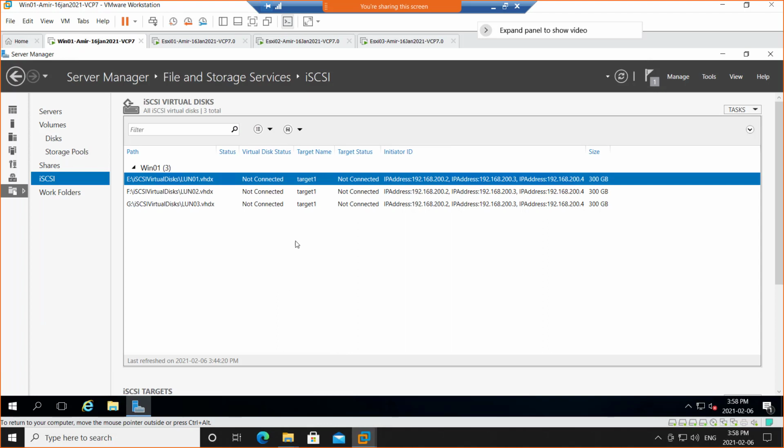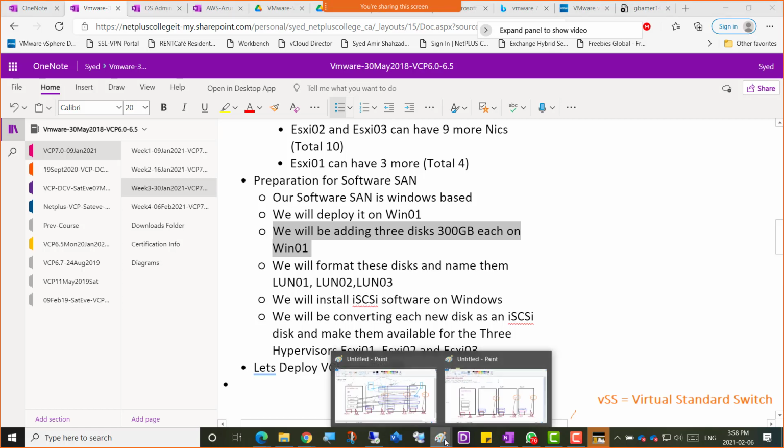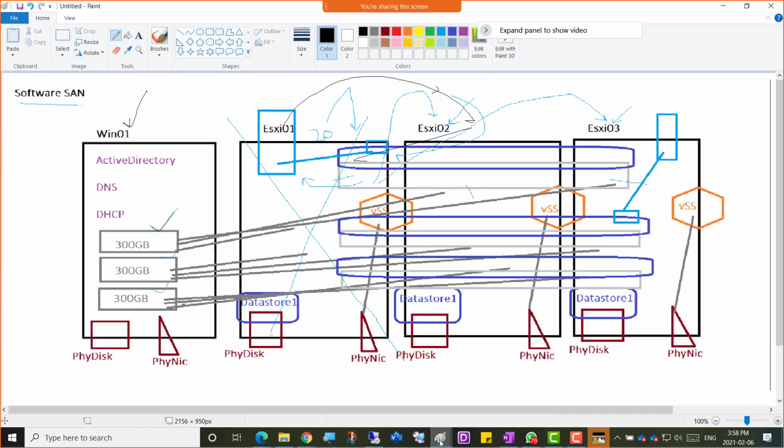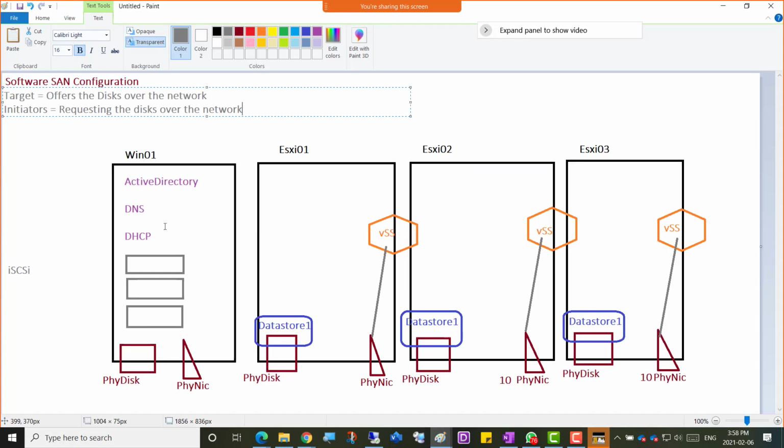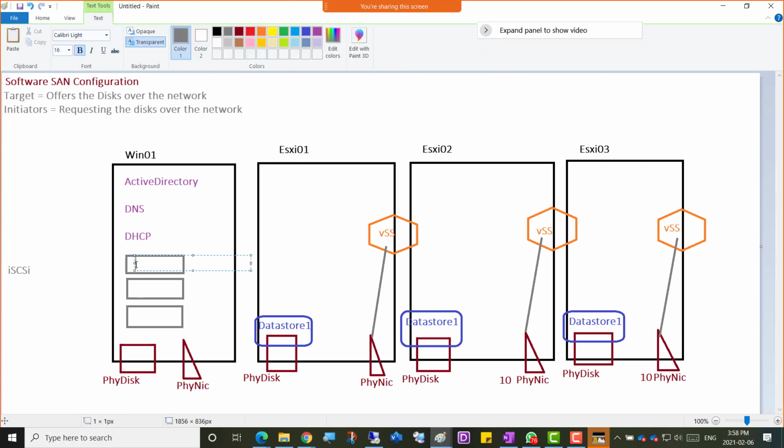Okay, so the 3 disks are added, but they're not connected. The 3 iSCSI disks are added, but they're not connected because we haven't made that connection yet. So what we're gonna do is the target side is done. So if we go back here, okay, that's messy. So here, the target side is ready to offer the disks or LUNs over the network to